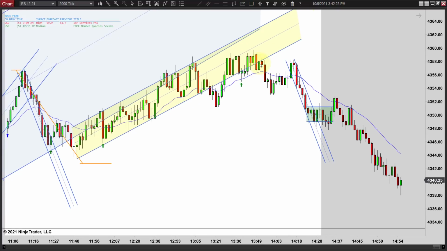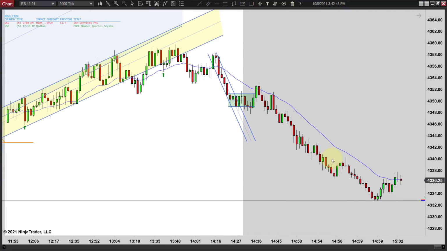It looks like you might get a failed second entry short, but it never triggers. And now that you're below the EMA, just sit tight. I don't see a short yet that I like. And unfortunately, that takes you into 2:30, so you never really get another setup. This would have been a decent trade here on a failed breakout, and a lower high even here would have been another nice trade. And see, that's going right into 3 o'clock, which today would have looked pretty good.